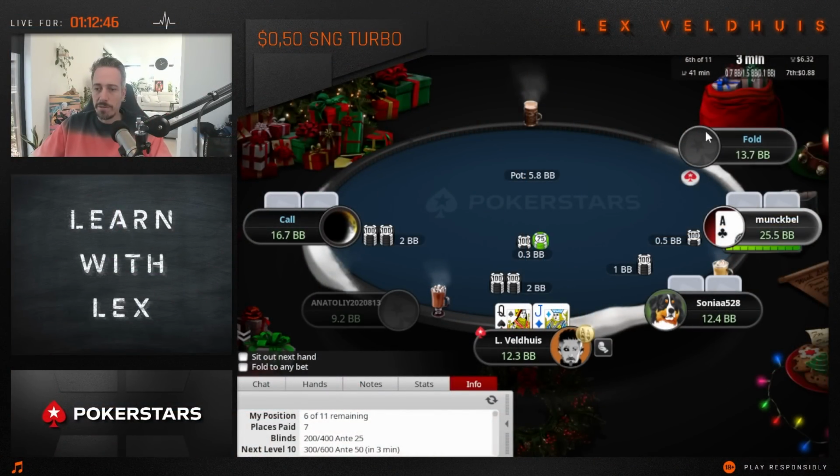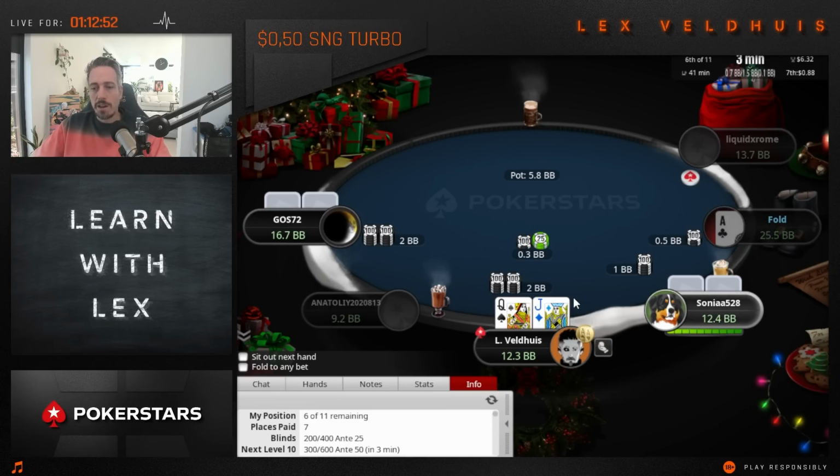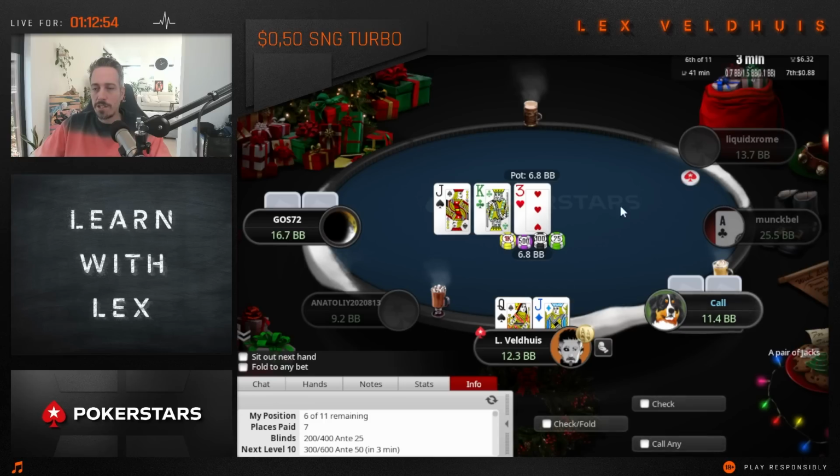This is an example of a hand that we want to steal with. We don't want to go all in. If somebody goes all in, we'll fold. But we block some really strong hands, right? We block queens, jacks, ace-queen, ace-jack, king-queen. So we can definitely go ahead with a